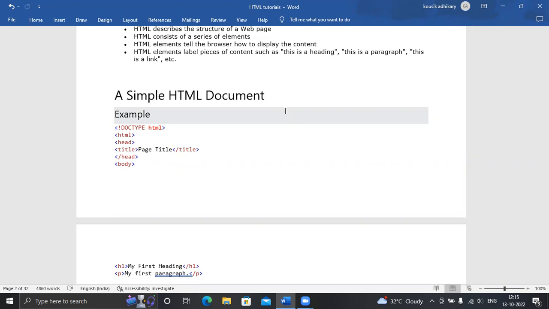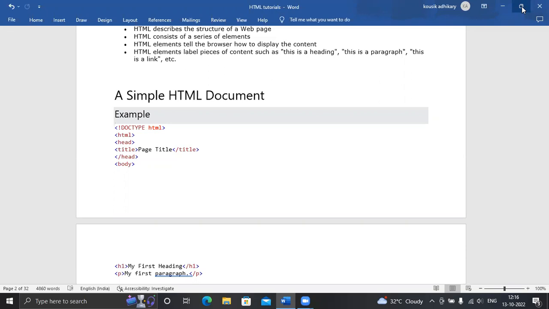In VS Code, I will show you later how to run it. It is a very easy process, but today I will do it using Notepad. That is the very basic thing. Using Notepad you can run an HTML program.